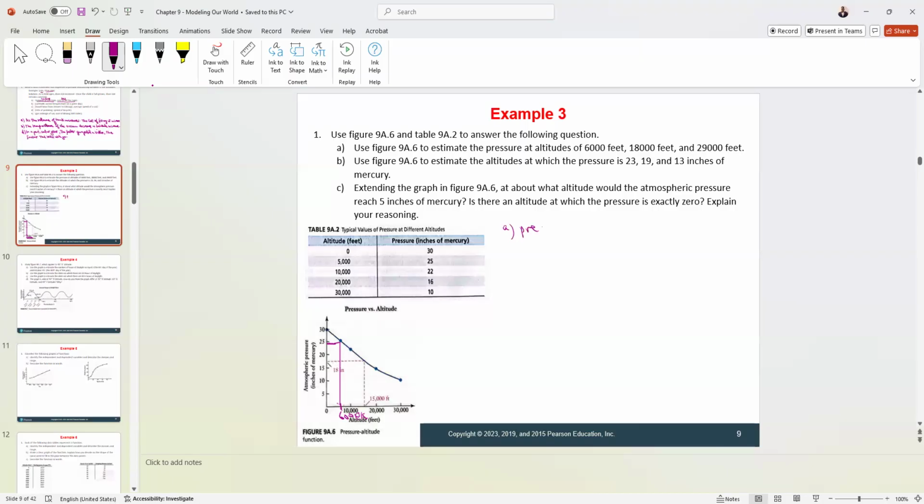pressure at 6,000 feet, right, is about what? It's a projection. You can do that. It's about 24. Remember, the vertical axis is the inches of mercury, the atmosphere pressure. It's about 24 inches of mercury,